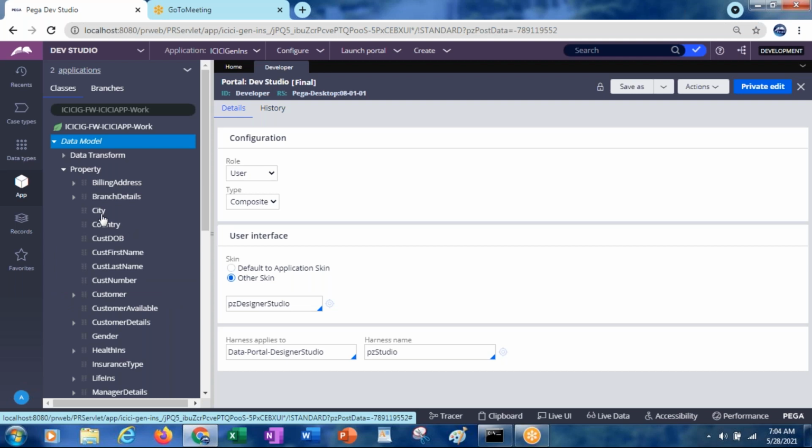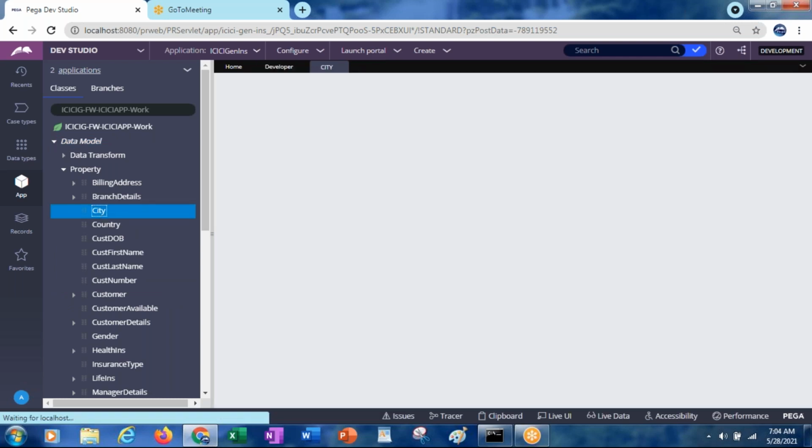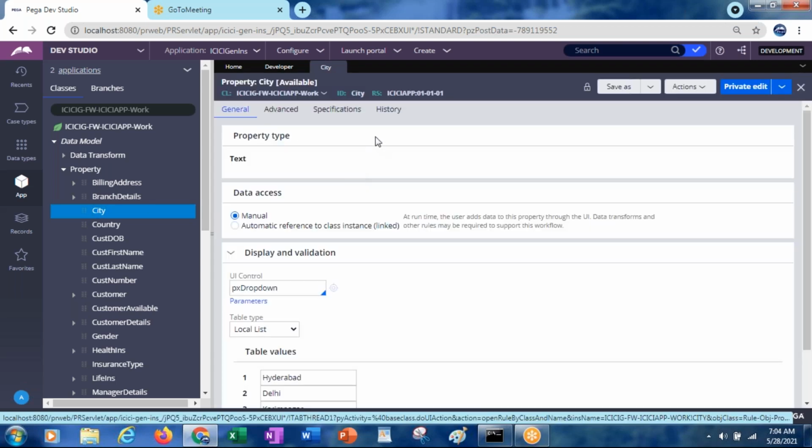For example, I am opening city property. Here, for the city property, it is having available. So for each and every rule, by default, it will be available.